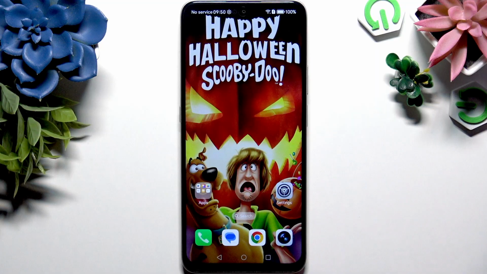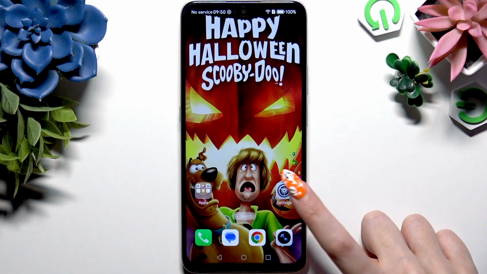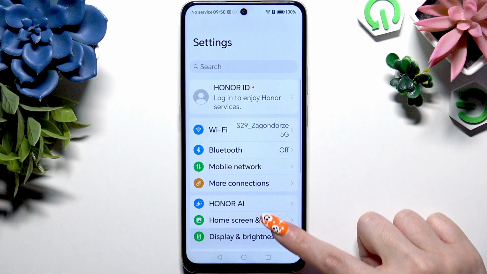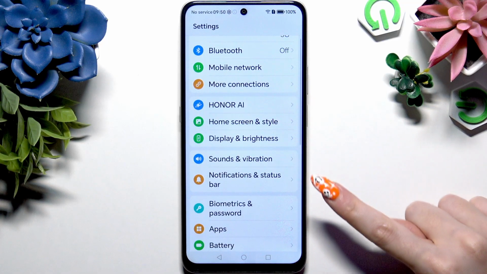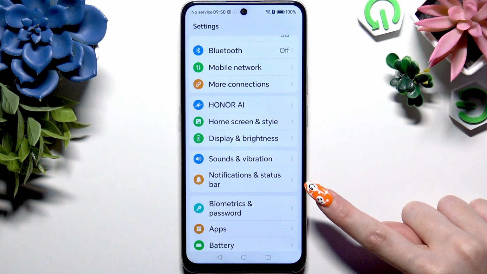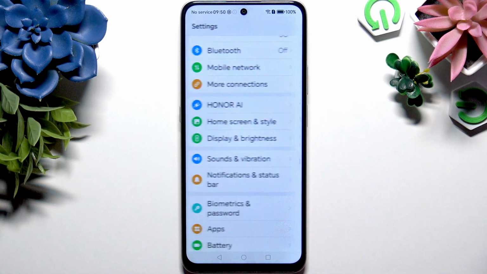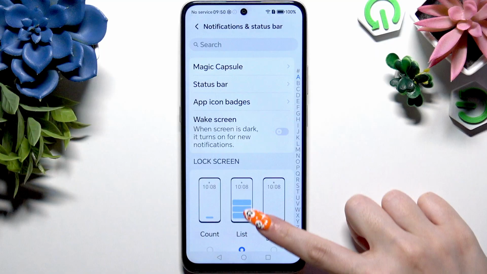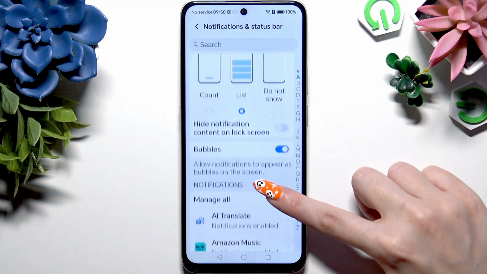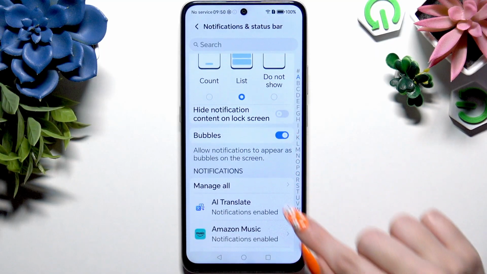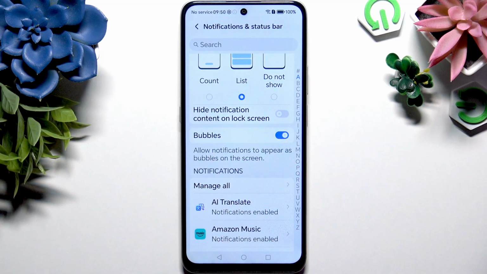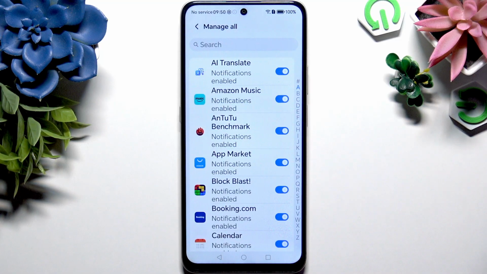So let's begin by opening settings and scrolling a tiny bit to choose Notifications and status bar. Now scroll again, and this time tap on Manage right under Notifications section. Finally, find apps you want to manage and use blue switches right next to them to block all notifications from